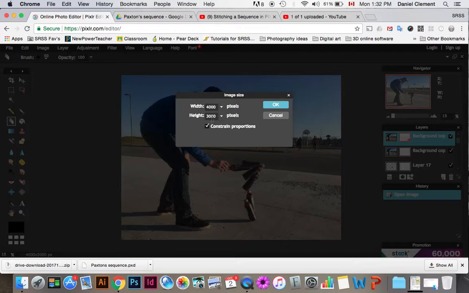Now make sure that the checkbox for constrained proportions stays on. Otherwise, if you go to edit one of these values, the other number will not change, and it'll just look squished or stretched. So instead here I'm going to make my width 2000. I'm going to go half the size. And notice how the height also goes to half the height. So I'm going to do 2000 pixels in width. I'm going to click OK